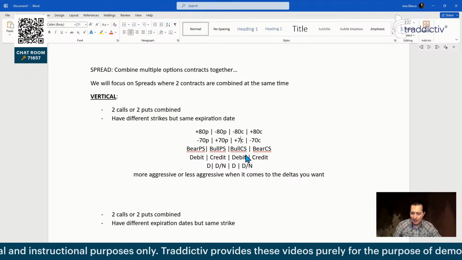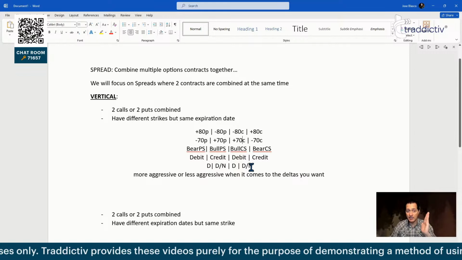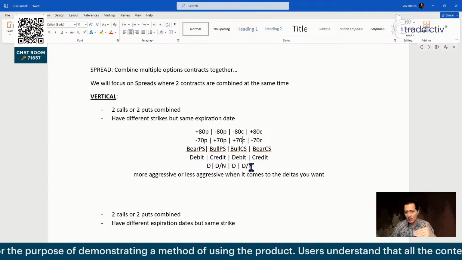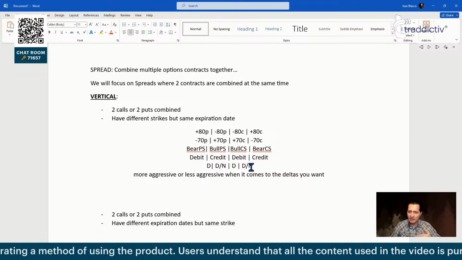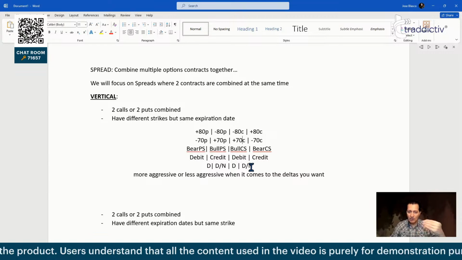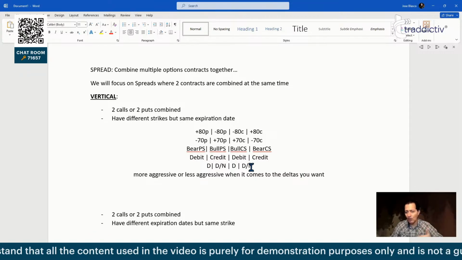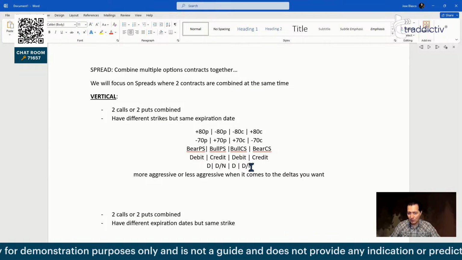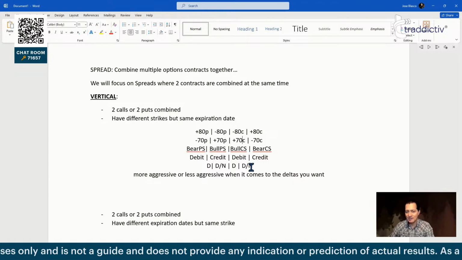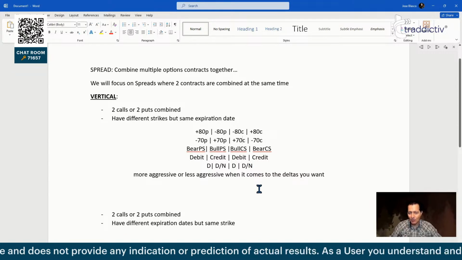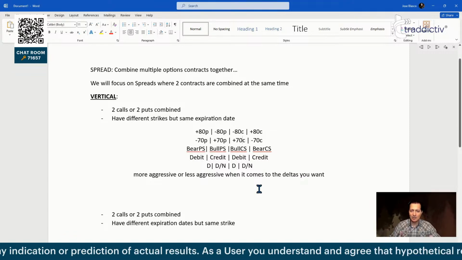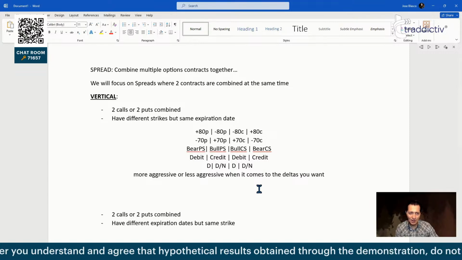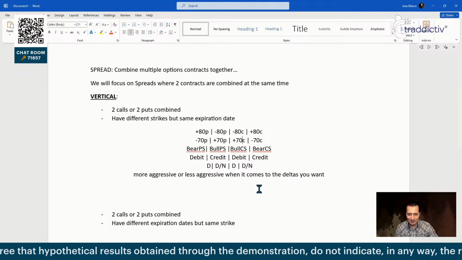And again, you can see that as you move the strikes, because the expiration date is the same for vertical spreads, right, there's nothing to talk about here when it comes to expirations. But as you move the strikes, you end up either collecting more credit or less credit, or paying more debit or less debit, and it all has to do with where the strikes are. You get more delta or less, which makes you more aggressive or less aggressive within the context of being directional or directional neutral, based on the 4 choices I just gave you. And this, my friends, is a crash course on vertical spreads at the speed of light.